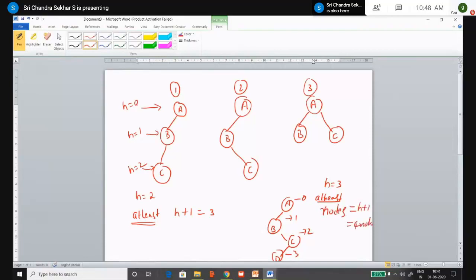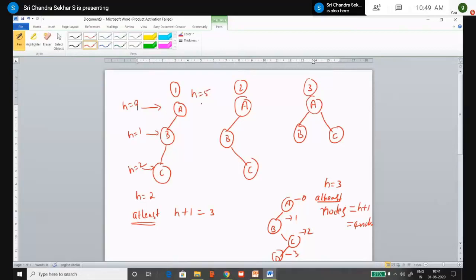So by this we can have a clear idea of the relationship between the height and nodes. This particular formula is very important. You should be very clear about the relationship between the height and the nodes, right? You may be asked a question like, if a binary tree is having a height of 5, therefore h is equal to 5, what can be the minimum number of nodes it can accommodate? This is one type of question you may be asked, right?